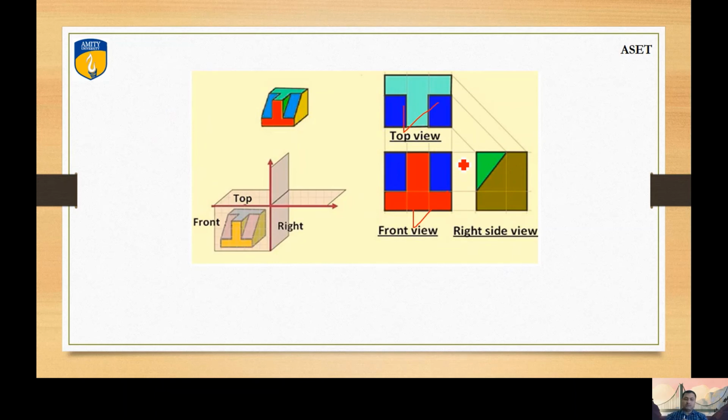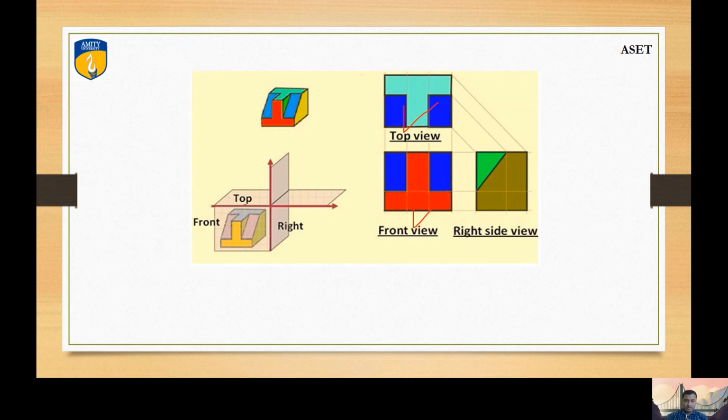I am not focusing on the third angle much, because in the next classes I will be focusing on the first angle only. We are going to keep our object in the first angle and then project our views. I don't want to create any confusion regarding how the object is going to rotate in the third angle. But you must know, if someone asks, where the views are situated in the third angle. The third angle is the reverse of the first angle, but you have to concentrate on the first angle, because in the first angle the front view is above.